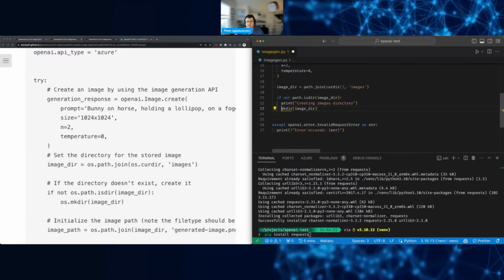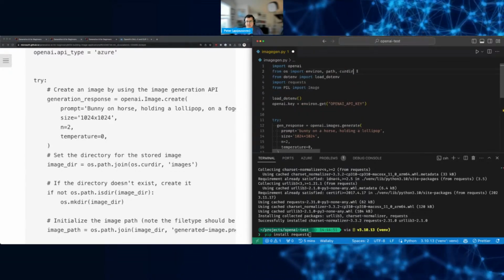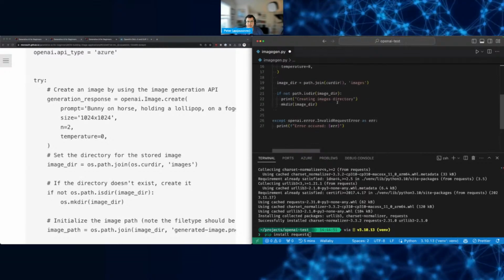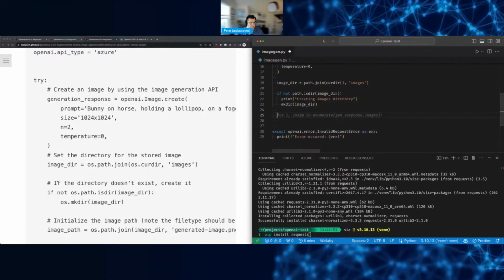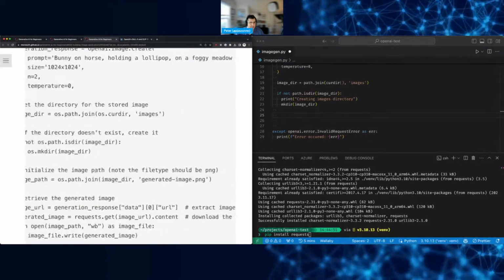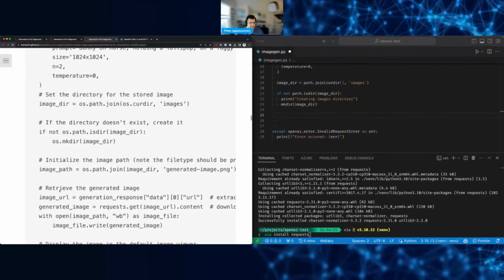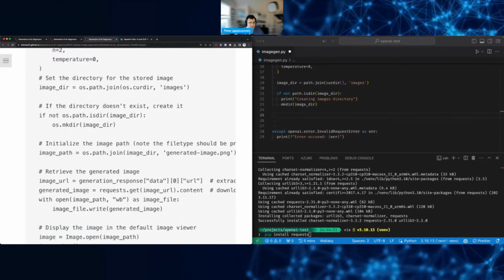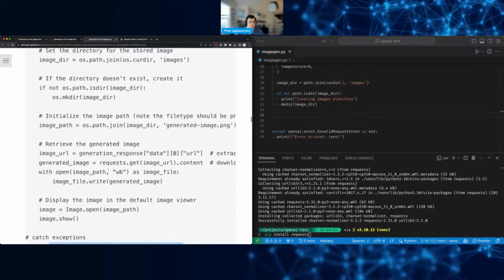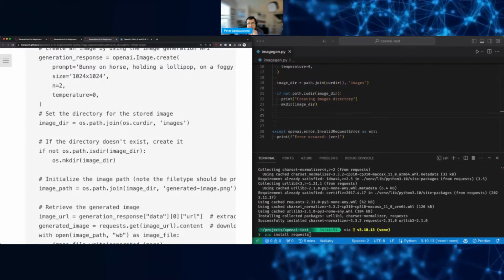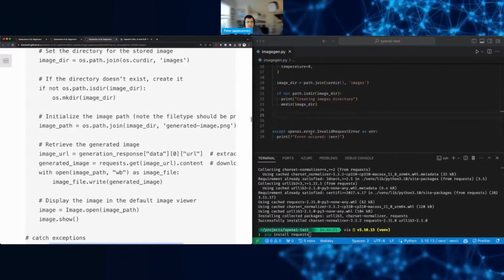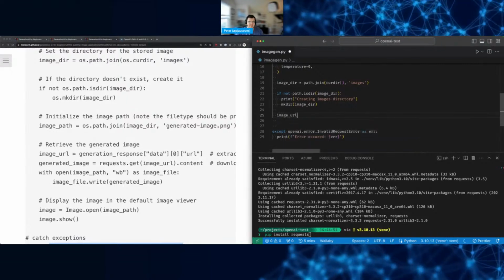Maybe I should have just imported the OS, but that's fine. Okay, we're creating the folder if it doesn't exist. Initialize. Okay, so it's PNG. Initialize the image path. And then, I don't think this n is the number of images though, but it might be. Anyway, let's see. So image URL,